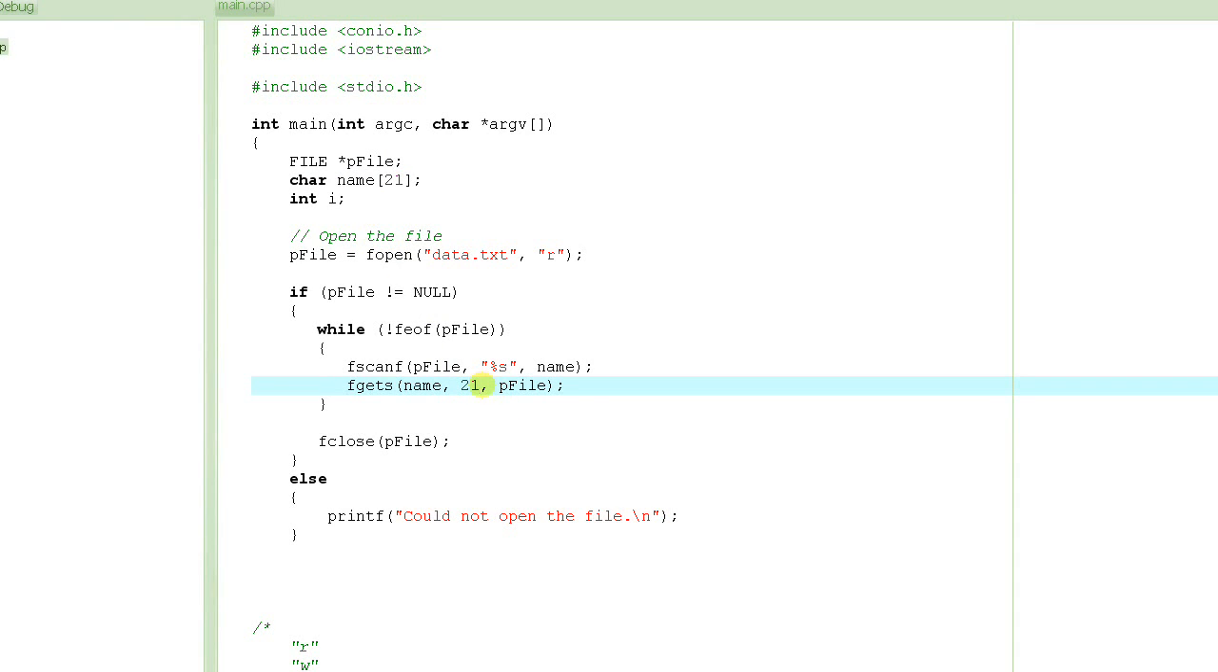Basically what it does is it reads from the file and then it stores it into this array, and the number of bytes that it reads is one less than what you specify here. So you specify 21 here, it will read 20 bytes, and then it will put an end of string character at the end of this string name. Now, if the string that it's trying to read from the file is less than 20 characters, okay, if you get the new